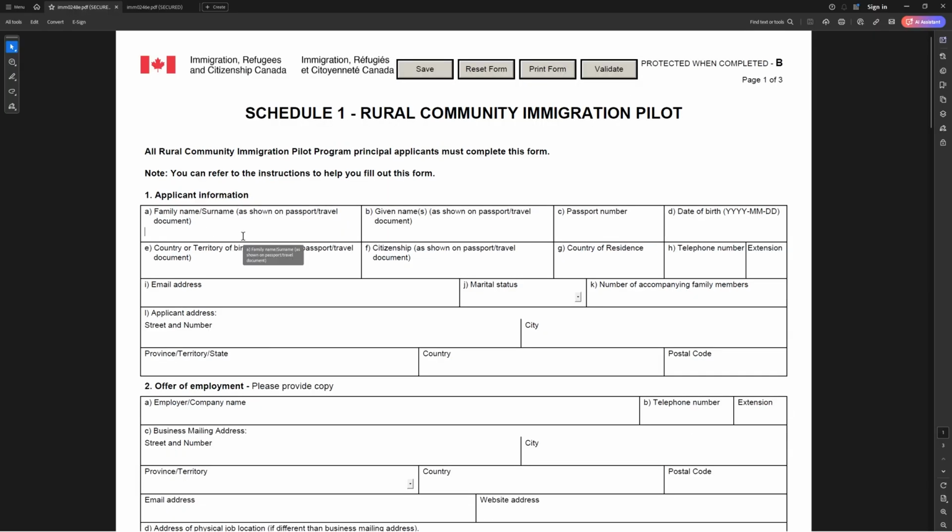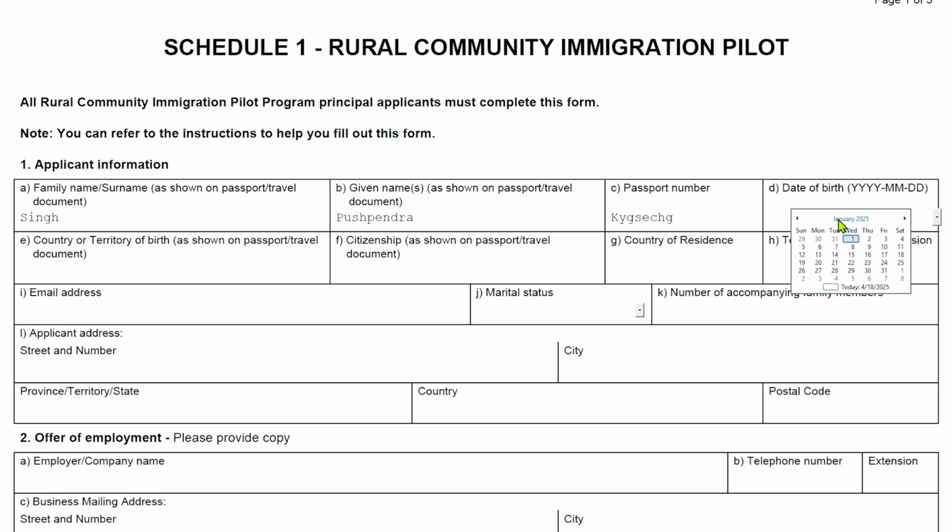Here you have to give your last name, your given name or your first name as per the passport, which is Pushpendra Singh. Here you have to give the passport number. I am giving my number here. Here you have to select your date of birth. I'm going to select some random date. And here you have to give your country of birth